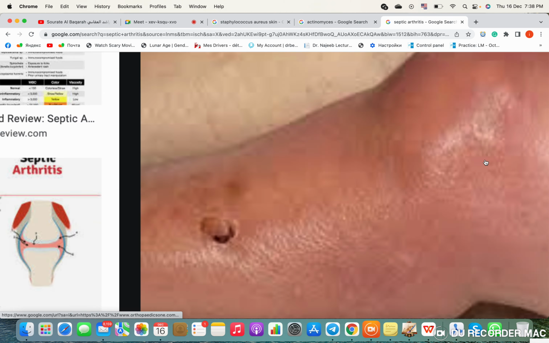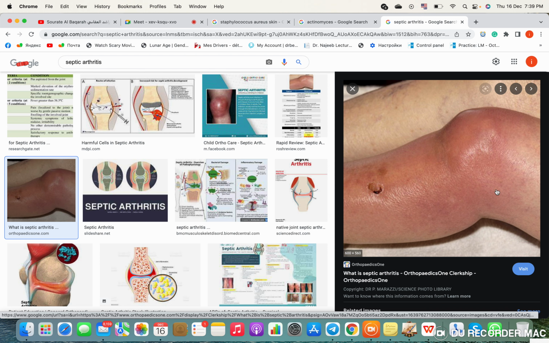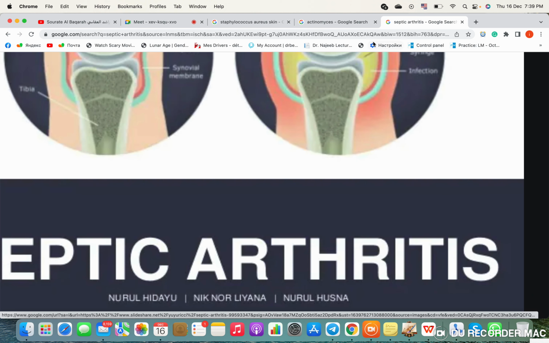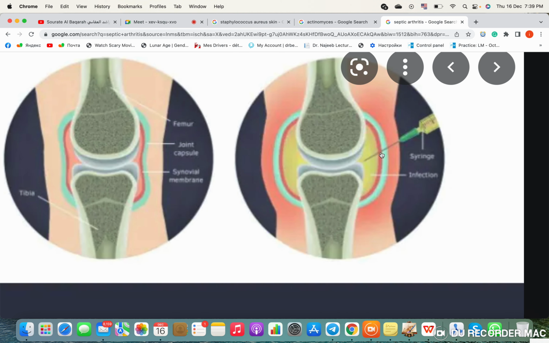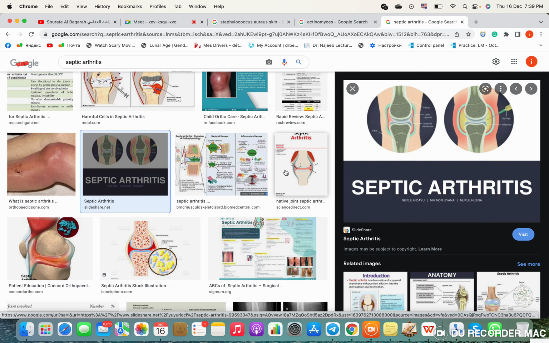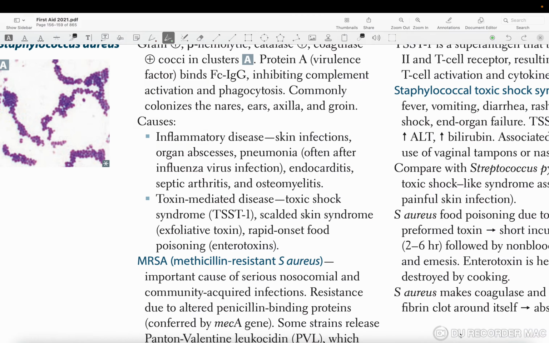Yep. So why? Because if you don't do that, the whole joint will be destroyed, the whole cartilages will be destroyed, and this whole thing will need replacement. So the first thing to do is to do this thing. Yep, you bring a syringe and you suck all of the pus from the joint. In case of septic arthritis, I want you to know that the amount of white blood cells inside will be ridiculously high. You are speaking about like more than 50,000, more than 40,000, really huge number, okay? So next thing,